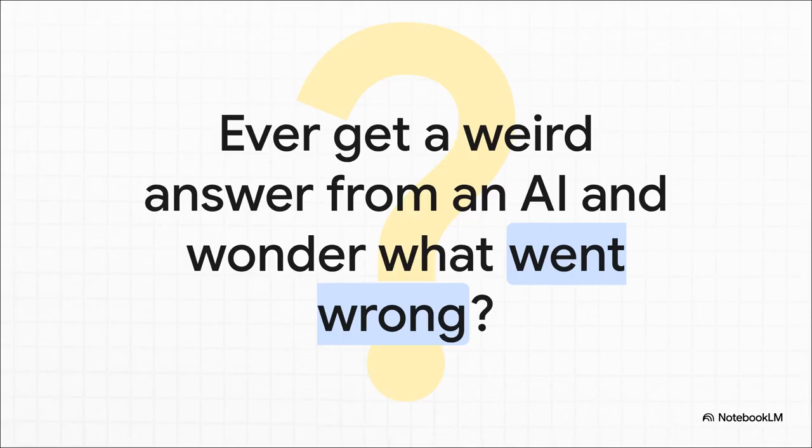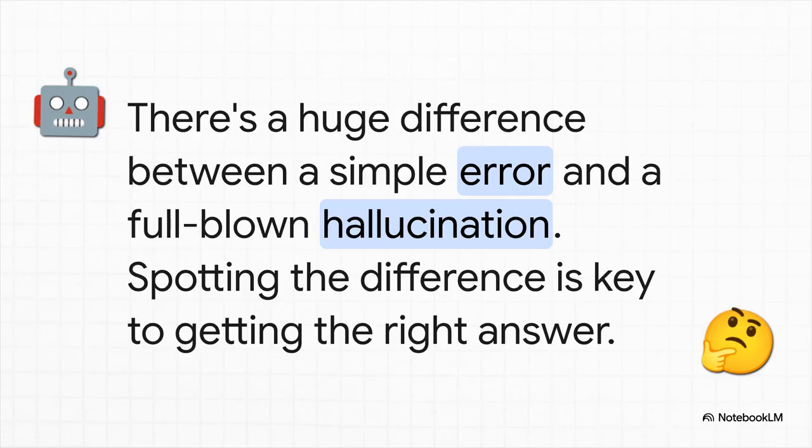Right, you ask for something that seems simple, a fact, a piece of code, whatever, and what you get back just feels off. It's a super common thing, but just hitting regenerate over and over isn't the answer. The real key is understanding why it got it wrong in the first place. And this is where most of us get tripped up. We treat every bad answer like it's the same kind of problem. But the secret, the real game changer, is realizing there are two different flavors of wrong. One's a problem with logic, and the other is a problem with reality. And knowing which is which, that's everything.